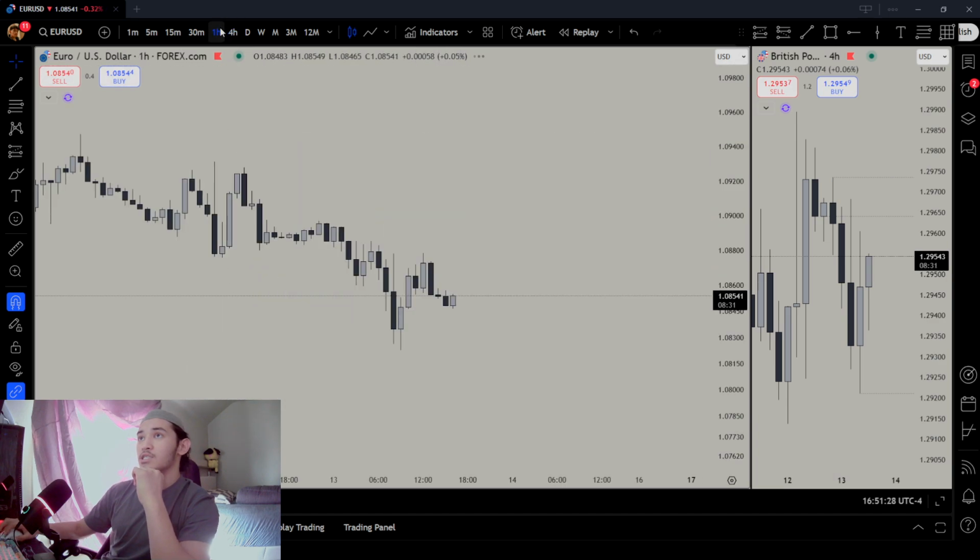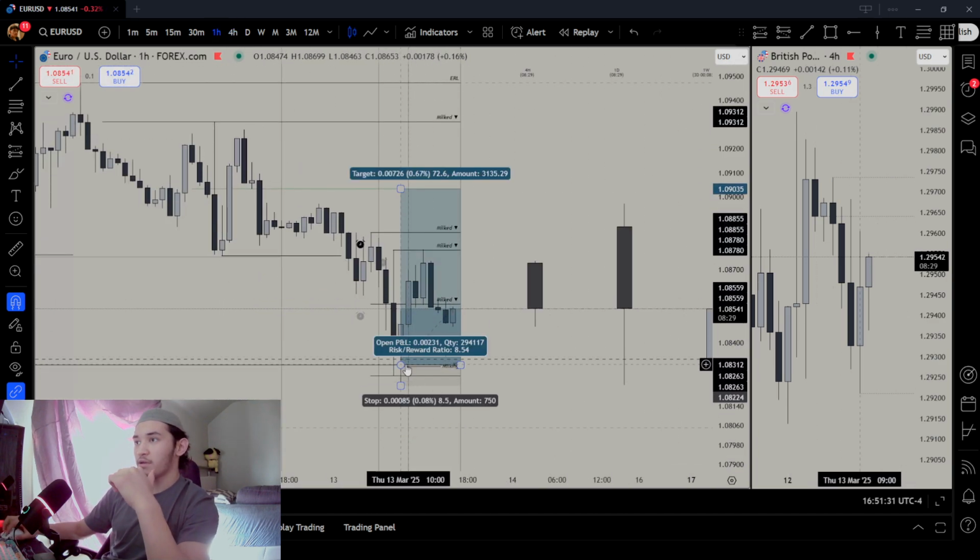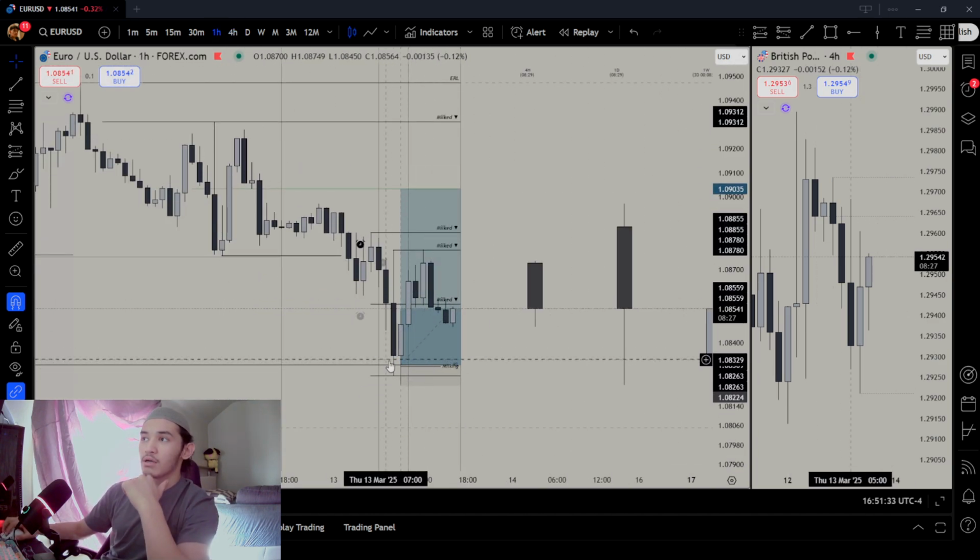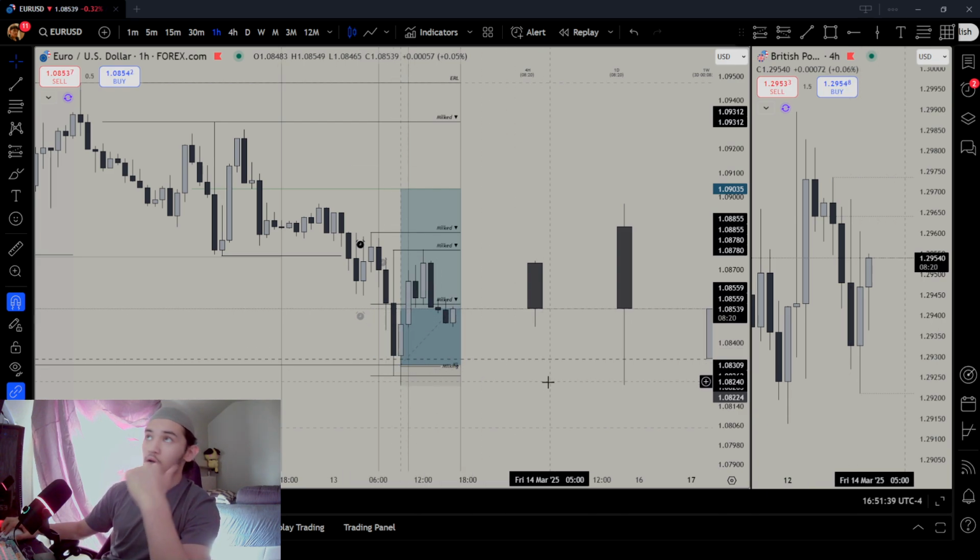And let's get to the hourly time frame, lower time frame. The primary reason I took this trade was an hourly CRT, right? We had an hourly CRT. As you guys know, in the New York reversal profile 2, the hourly CRT is going to be there. Usually you want to use the hourly CRT with the 4-hour CRT, right? Usually what the hourly CRT does with the 4-hour CRT, you get an advanced entry.